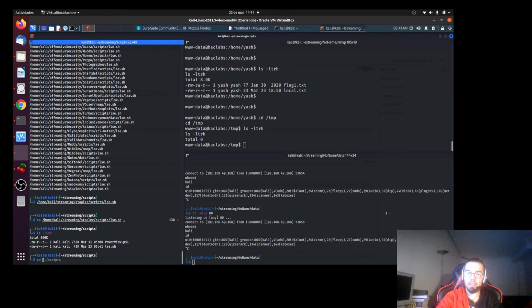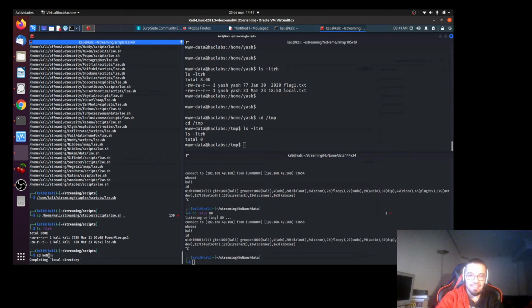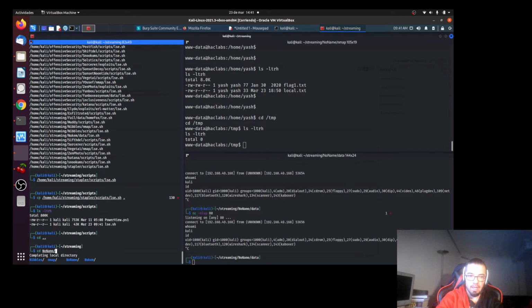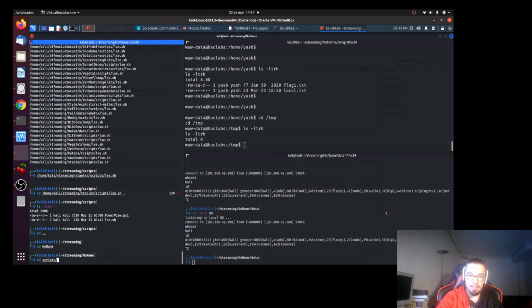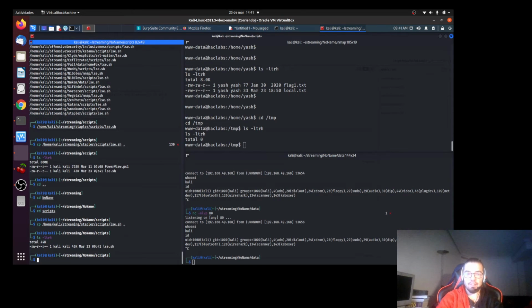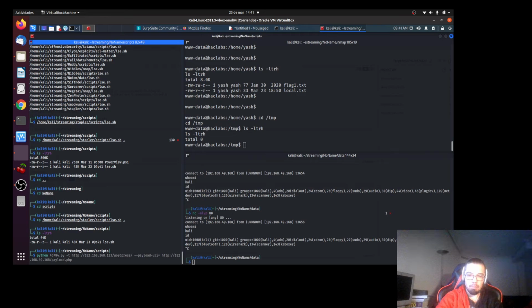What is the name of this machine? NoName. So cd NoName, cd scripts, cp this one here, and start a new python3 -m http.server